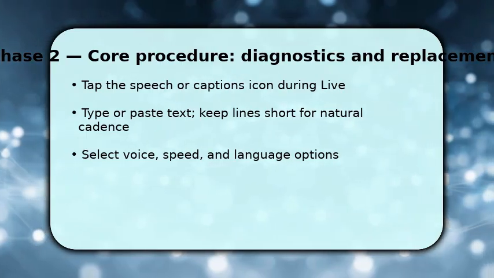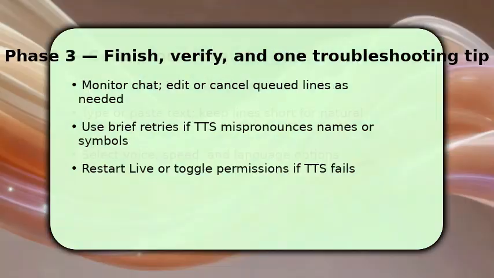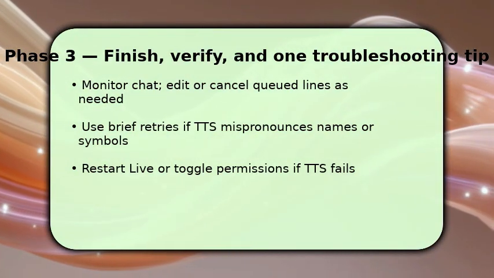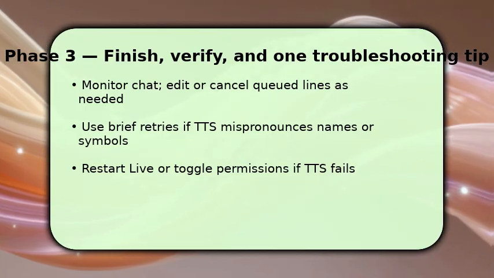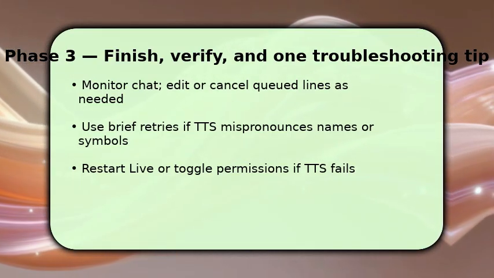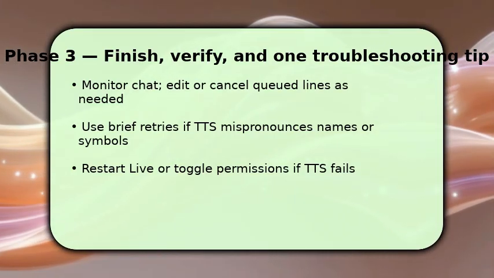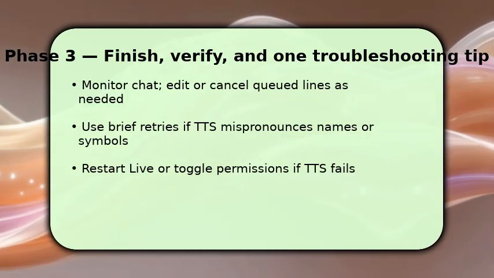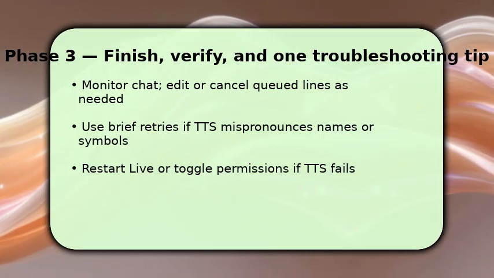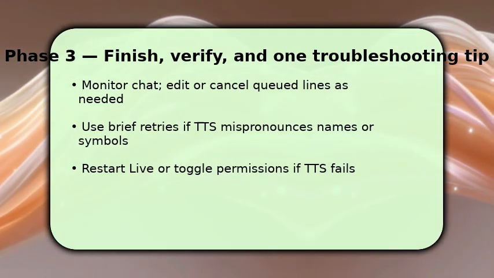As you run the stream, monitor chat and manage cued speech. Edit or cancel entries to keep pace with conversation. If the voice mispronounces names or symbols, retry with phonetic spellings or add punctuation to guide intonation. That often fixes odd pronunciations. If text-to-speech stops working, toggle microphone and caption permissions, or briefly end and restart the live. This resolves many glitches. Remember, once you stabilize settings, pace your inputs and engage viewers so the